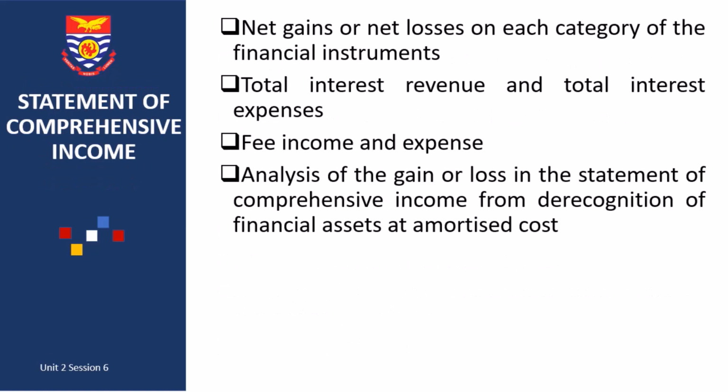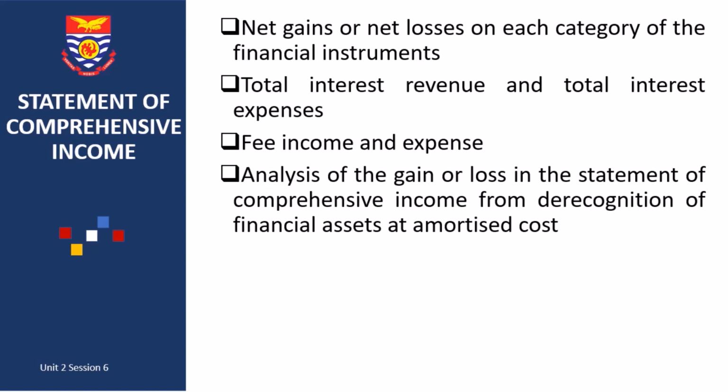Now when it comes to the statement of comprehensive income, what are the things you have to disclose? You have to disclose any net gains or net losses on each category of the financial instrument. Disclose the net amount, whether it is a net gain or net loss, on each category of the financial instrument. You have to also disclose the total interest revenue and total interest cost or expenses. So you look at the total interest revenue and the total interest expenses. That must also be disclosed in the